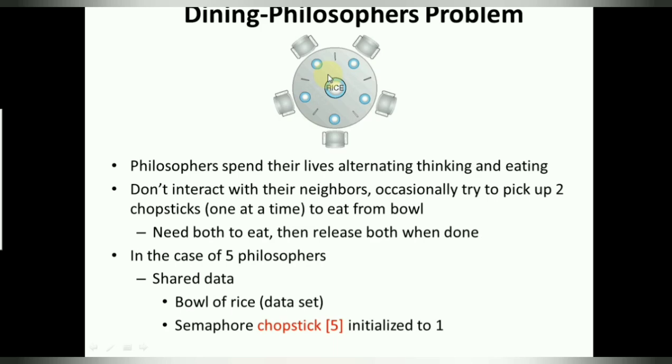Now there are some rules to this problem. What are the rules? If a philosopher, say philosopher 1, wants to eat, he should pick the chopstick that is closest to him. And obviously he cannot pick a chopstick that is already in the hands of the neighboring philosophers. And the philosopher can eat only if he has both chopsticks. Having said these rules,